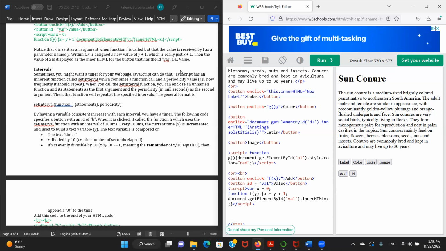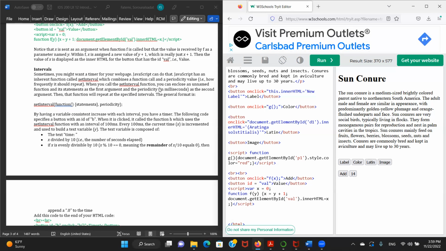JavaScript has an inherent function called setInterval, which combines a function call and a periodicity value. When you call the setInterval function, you can enclose an unnamed function and its statement